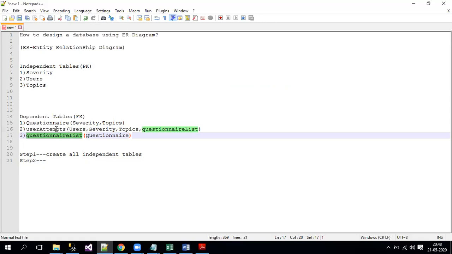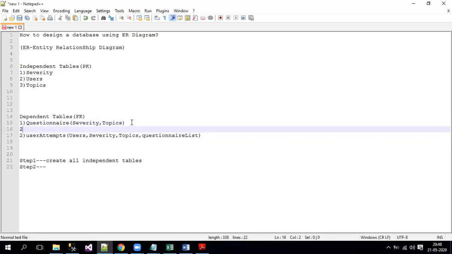Now what you need to do is, you cannot create this table unless you create the quaternary list. Getting it? Because this is depending on these 3 tables as well as this quaternary list. Correct? Now you just need to create this table first, so you need to give number 2 for this one, and you have to give third number for the last. Now we'll also check whether this table is depending on any other tables or not.